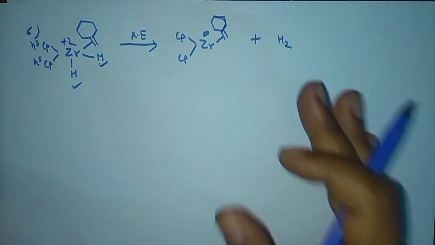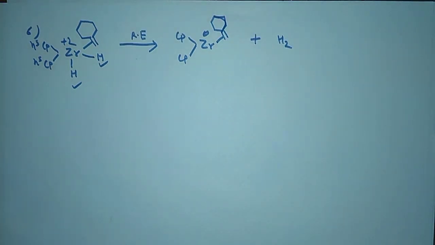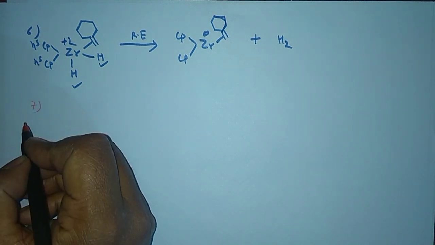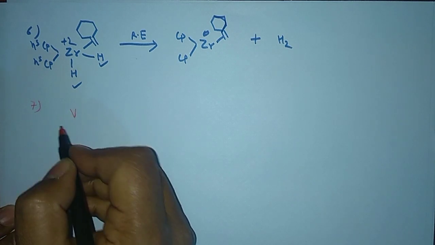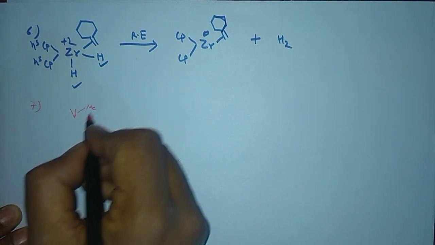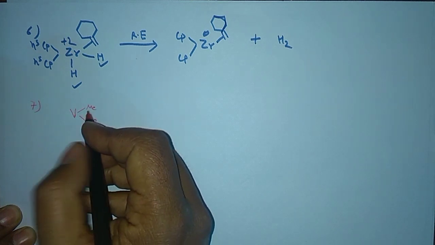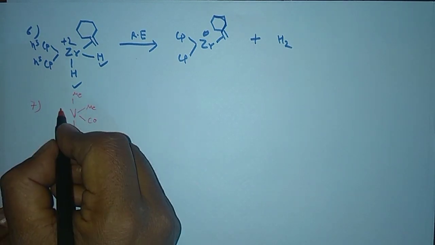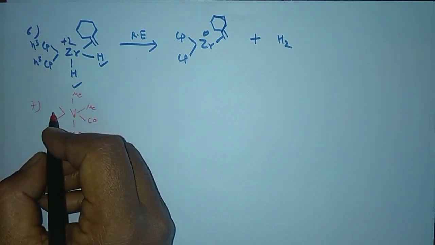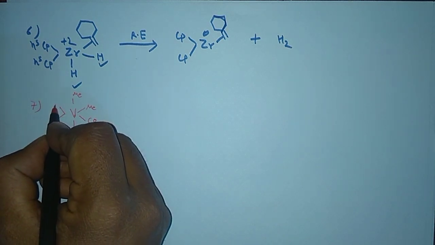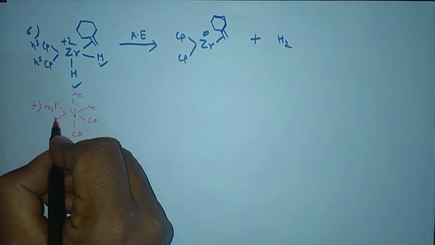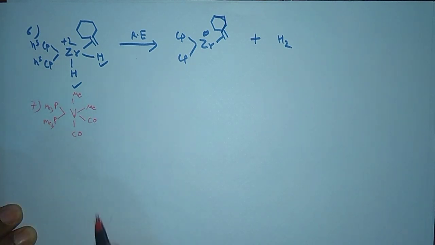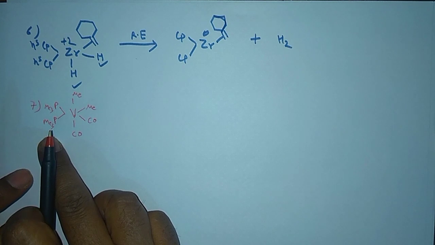And then, guys, another thing: I'm giving you a problem here. Say you have been given 3 complexes. Say this is vanadium, and this vanadium has methyl here and 1 carbonyl here, another carbonyl here, and 1 methyl here, and here say your trimethylphosphine, PMe3 and PMe3. Actually this is trimethyl substitution on the phosphorus.